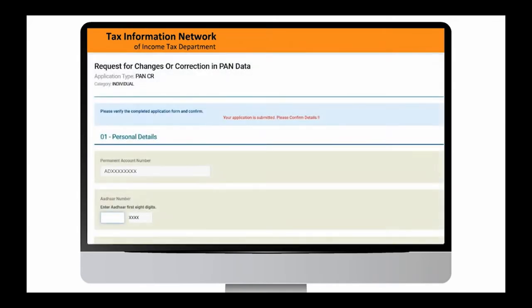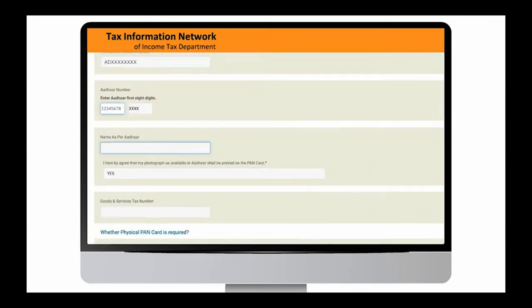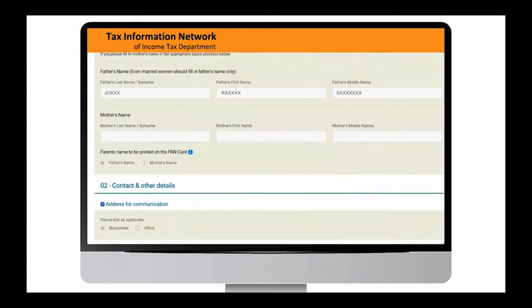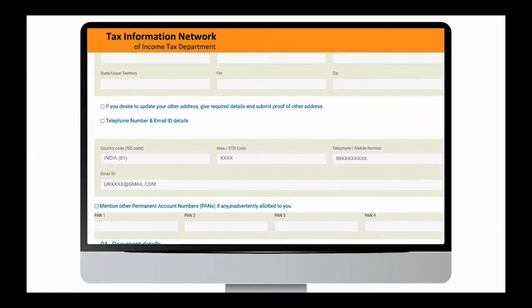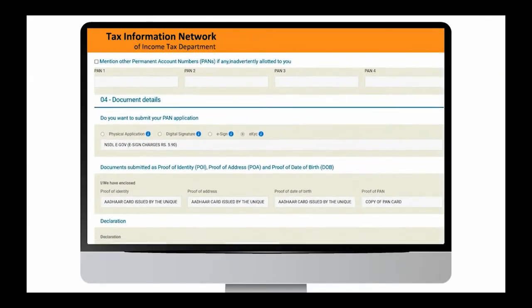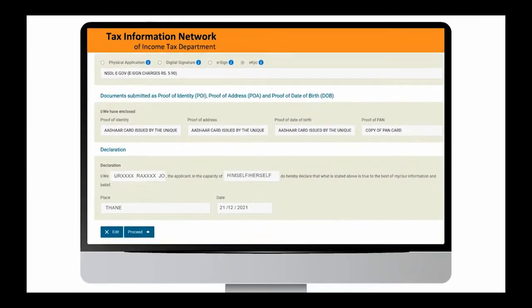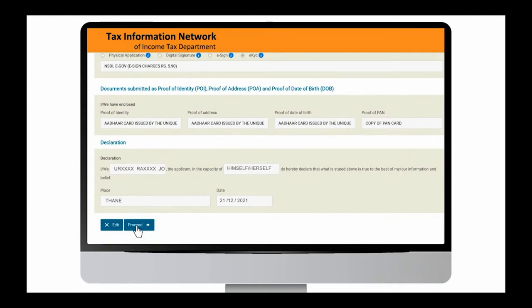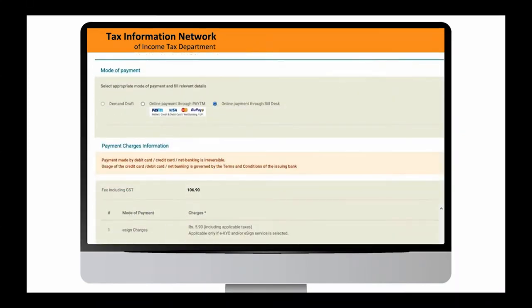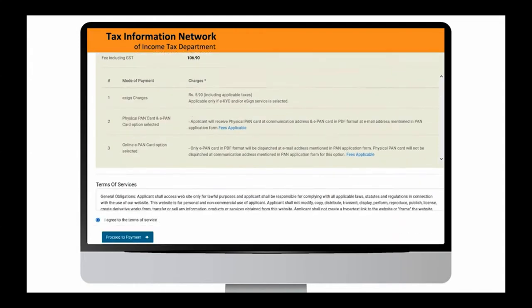On successful submission of details, you will be navigated to the confirmation screen. On the confirmation screen, you will be required to enter the first 8 digits of Aadhaar and confirm details. For editing, select the Edit button and you will be redirected to the application pages for correcting details. Else, click Next and you will be redirected to the Payment Gateway for making payment of application fees using various online